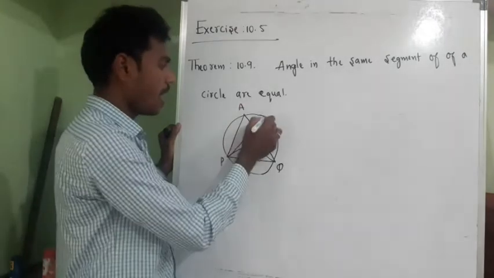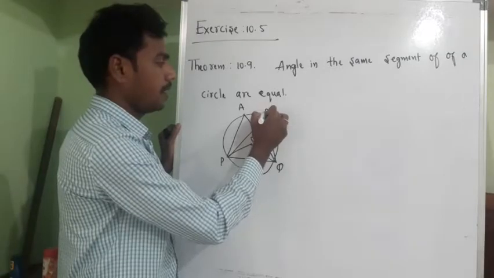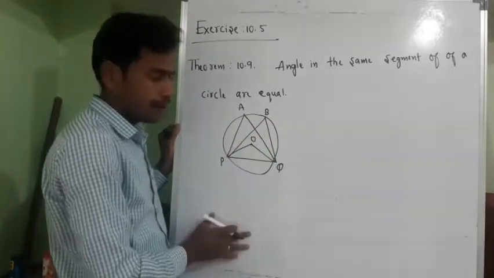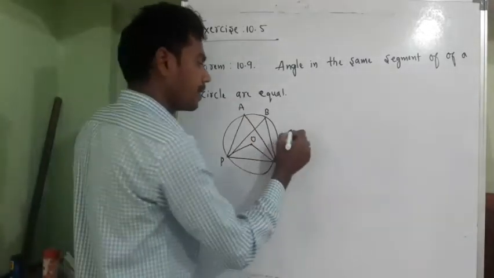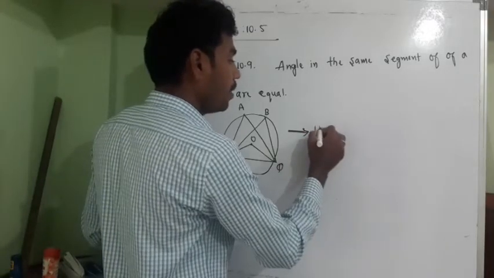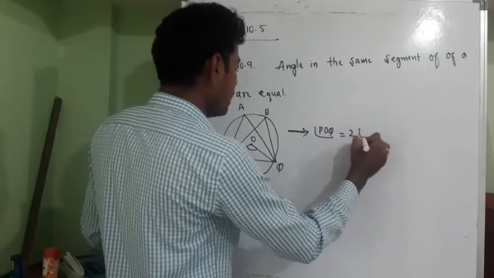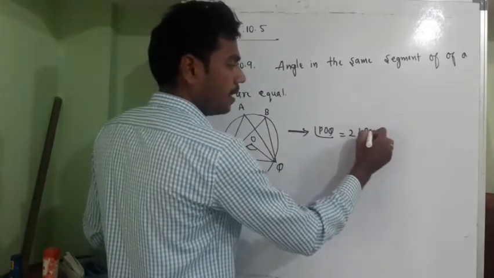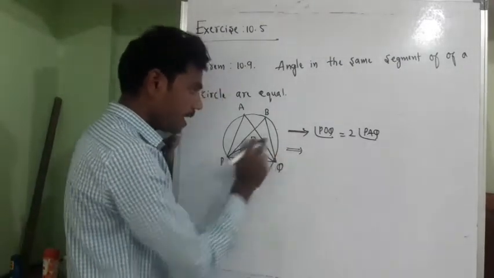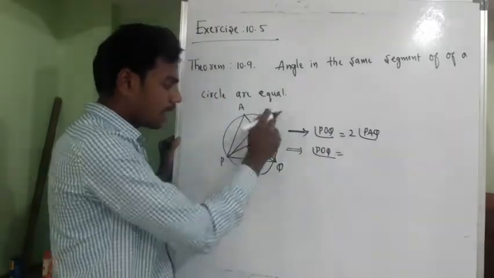Again, this is one more angle found by the arc at any point on the circle, but these two angles are formed on the same segment. If that is the case, according to theorem number 10.8, we can write angle POQ is equal to 2 times angle PAQ. Right? So in one more relation, we can write angle POQ is equal to 2 times angle PBQ,